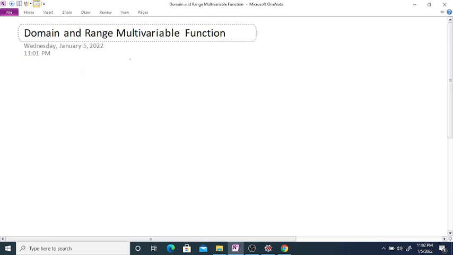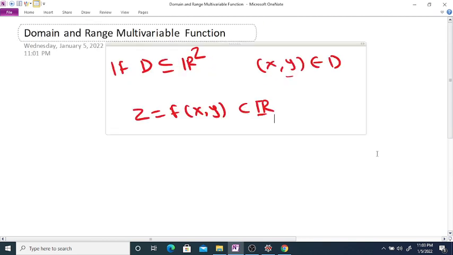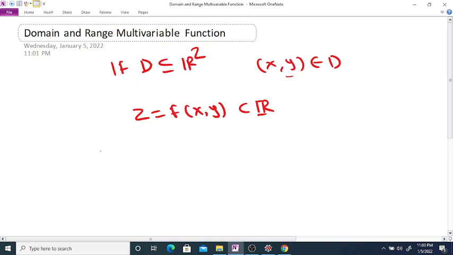Domain and range of a multivariable function. We know that if D is a subset of R square, then a function of two variables is a rule that assigns each pair (x, y) in D a unique real number z equal to f of (x, y). So this is what a function of two variables is. Now we are going to determine the domain, where D is the domain, and